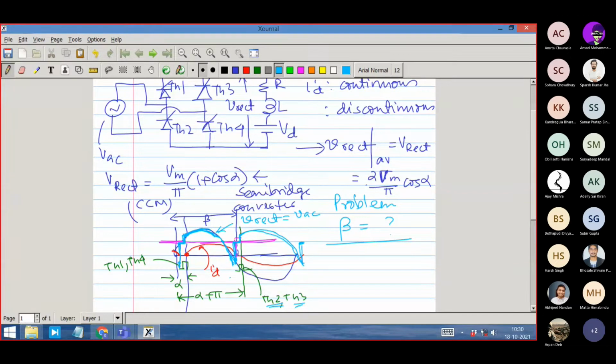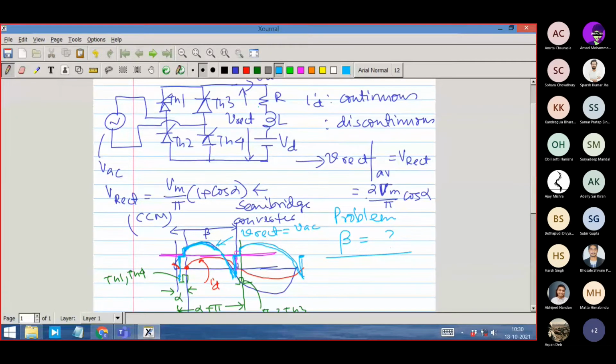I can say that the average voltage of the inductor is 0. So how does it help? I don't know. But then the equation is V rectifier average is equal to R into I average plus Vd. But I don't know what is I average. So I cannot solve it with an average analysis. Average analysis is true, but the V rectified average consists of not only the input voltage but also the Vd voltage, the level of voltage when the current has stopped conducting.